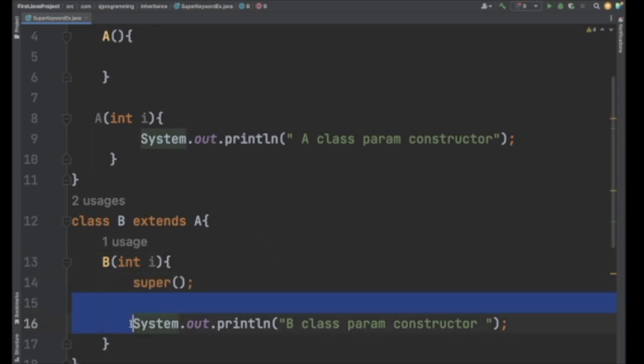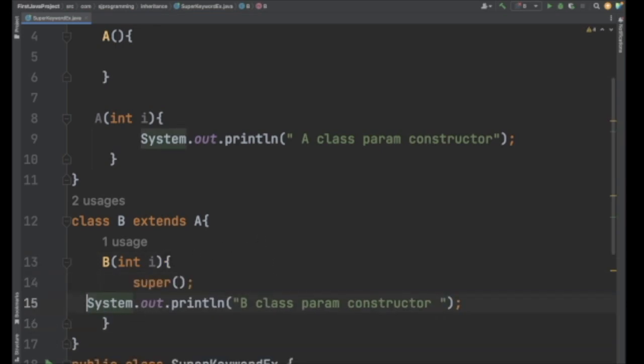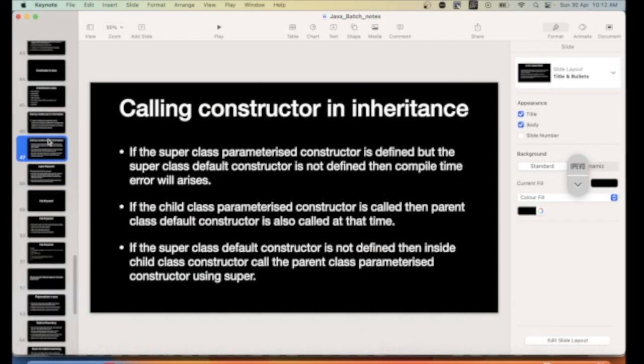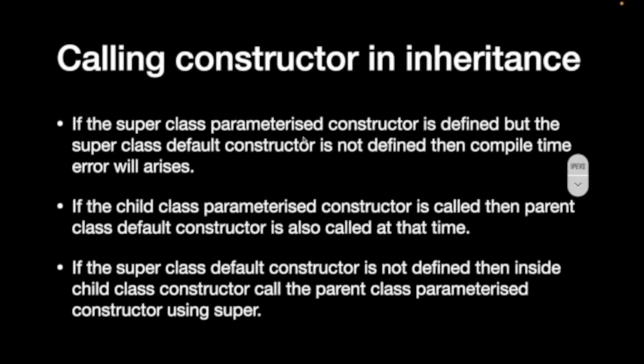So that was one point remaining. Now we are almost done with the super keyword. Now let me just open this one and let's revise two or three points, whatever we talked about in the last session. I have created some notes, so let's recap this in two to three minutes and then we will start with the next concept. So the first point is that,